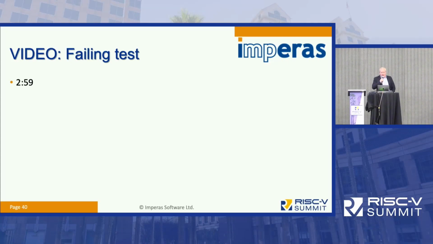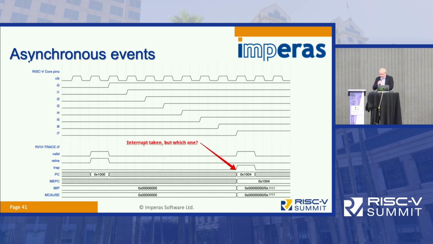So what we've seen there are pretty simple examples of what we call synchronous DV. Now, the real complex type of DV that has to be undertaken is what we call asynchronous DV. An asynchronous DV is difficult because with an architectural model, which is effectively what our reference is, you cannot predict the timing that occurs between instruction retirements. But what you can do is you can look at all the possible outcomes of asynchronous events which would cause